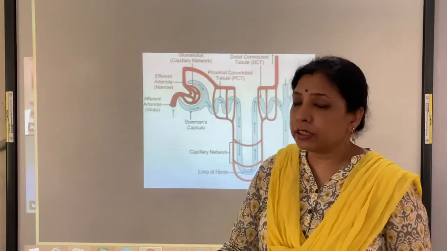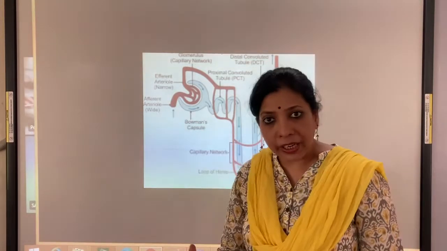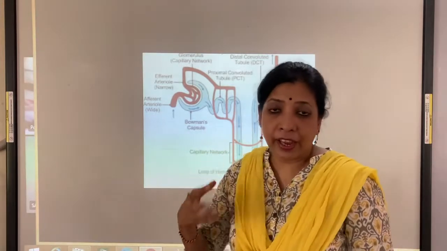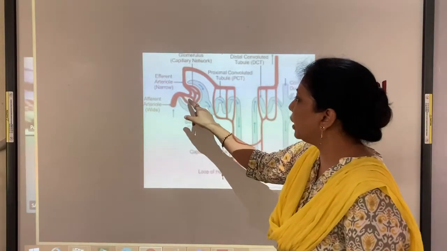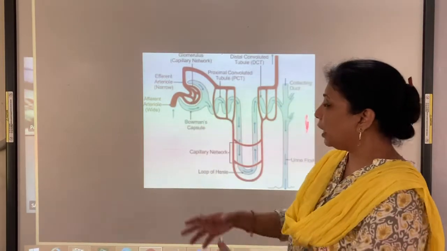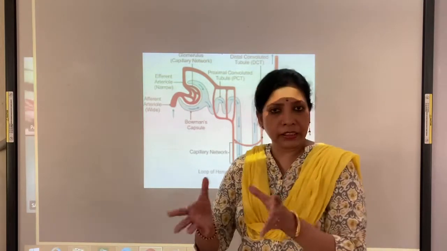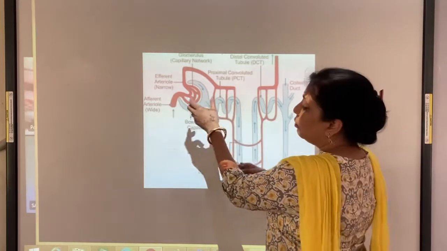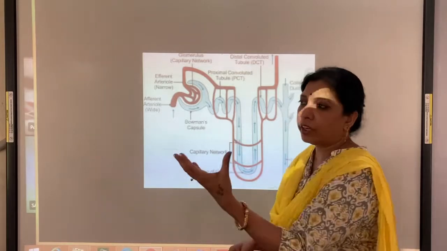Kidney, the unit is nephron. In the nephron, the capillary which brings it is known as the afferent artery. This is the afferent vessel, and there is a network. Why is that network there? Because it is increasing the surface area, and here are some cilia which help in the movement of whatever dissolved substances are in it.